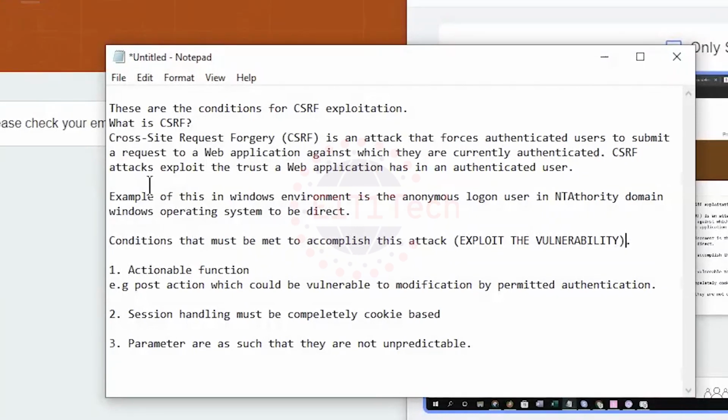Now, there are conditions that you must have in order to exploit this kind of vulnerability. As an attacker, there are conditions that must be held. There are three of them. Remember, this is CSRF, wherein there's no defense for it, meaning there's no CORS or any other countermeasure in the web application to stop this. So this is just plain vanilla. The first condition is an actionable function. For example, a post action, which is a method